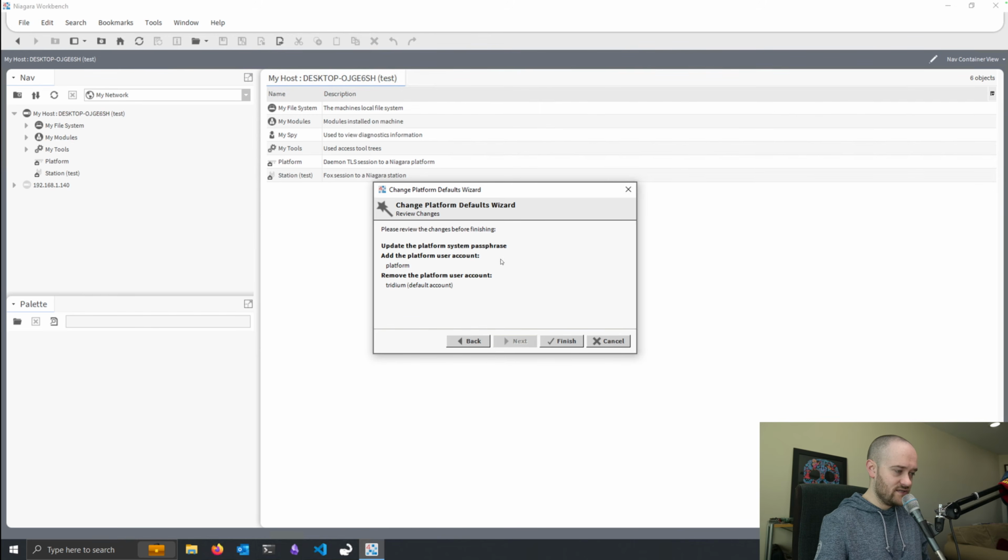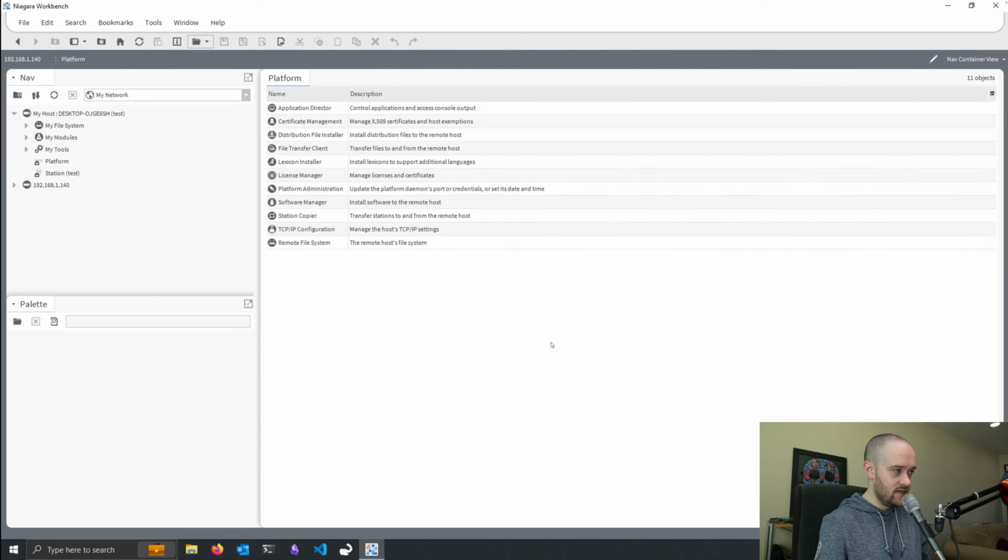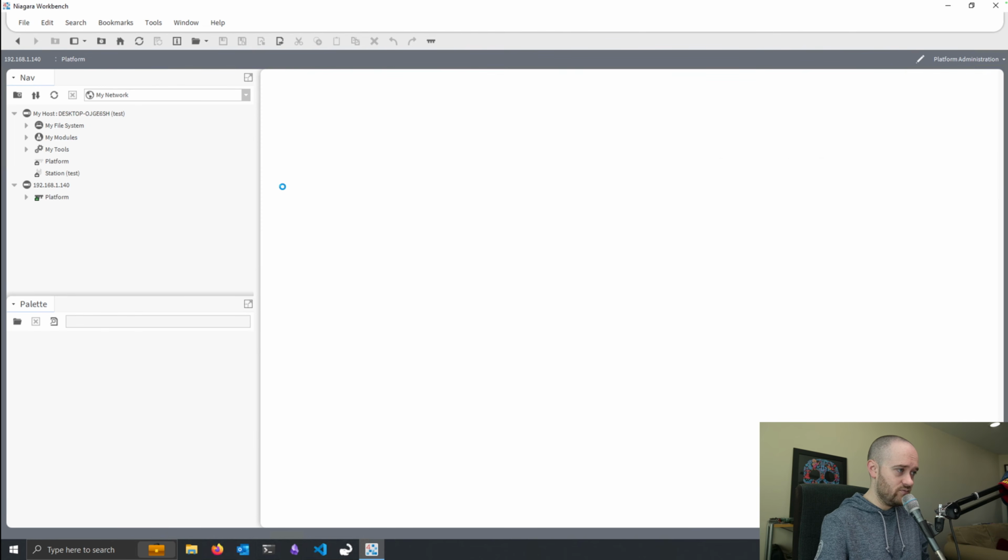And then it's going to say, okay, we're adding this platform user account that you just gave the information for. And then we're removing the Tritium one that's the default. We'll hit finish. It'll go through, do its thing, delete that stuff, and then it'll automatically log us into the platform. So that initial setup process is now complete, and we can go and do a commission now for exactly what we're looking for. So I can go into platform administration,